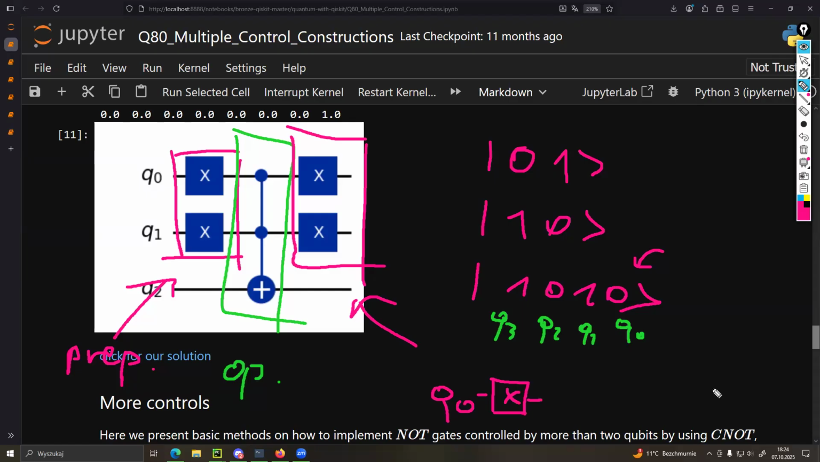Q0 X, and Q2 would also have an X gate appended to it, or rather applied to it as a preparation and as a reversal. So that's the clarification that I wanted to make, because I didn't mention it, and this is how you perform